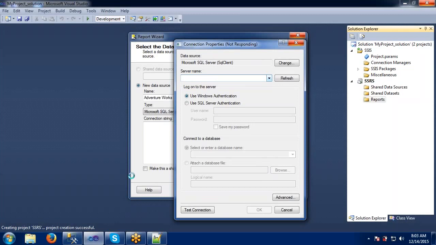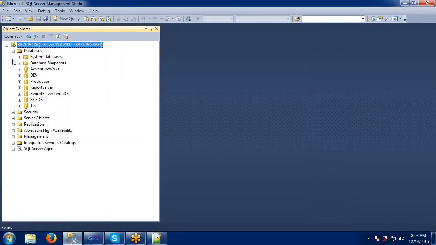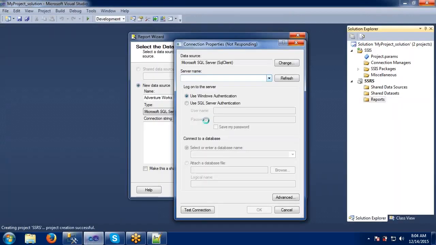This is my server name, and these are the databases available in my server. So now I am going to connect to this one and pick AdventureWorks as the source.